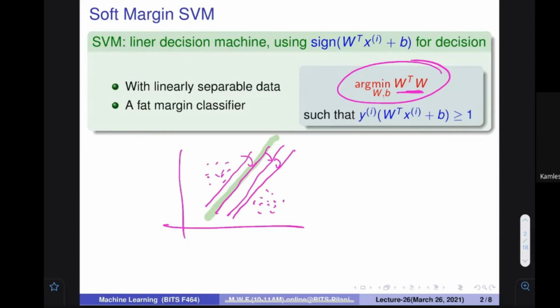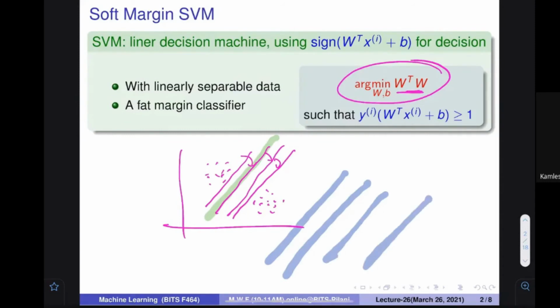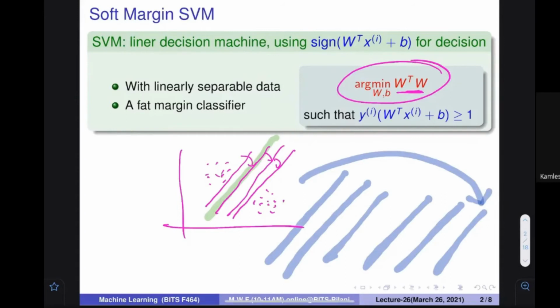Okay, so if the red line is better, then why are you plotting here? You can plot it here. It is an even better line, even better line. So better decision boundaries can be obtained by having these kinds of lines far apart. So the best decision boundary would be at infinity. Is it the right thing?